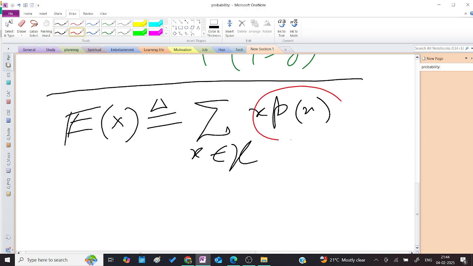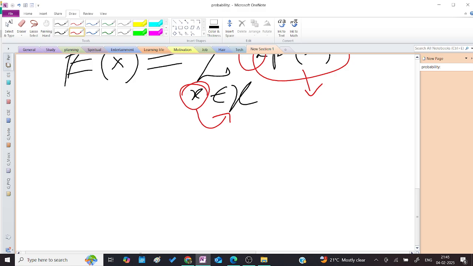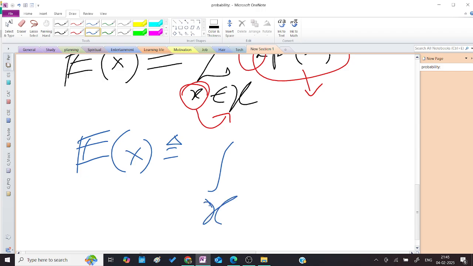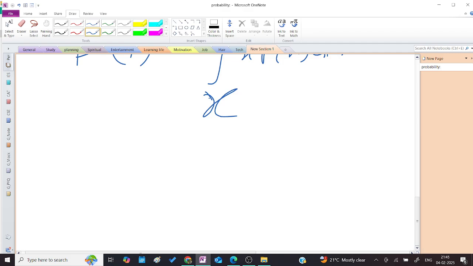Okay, where p(x) is the probability of x, and this x belongs to the set capital X. This is for discrete, and for continuous we say integral of x p(x) dx. Okay,